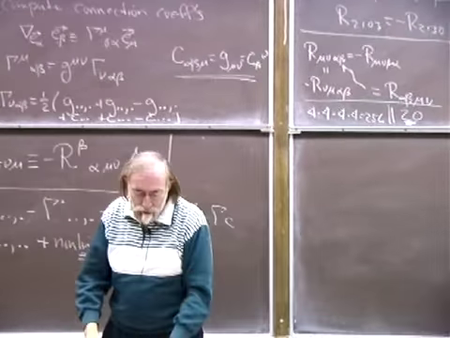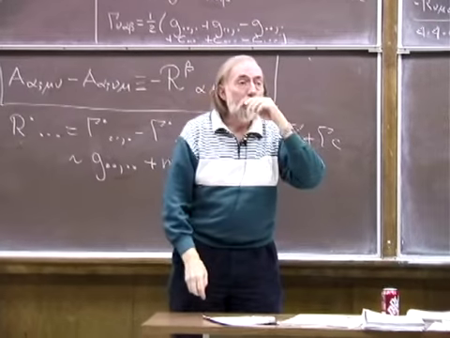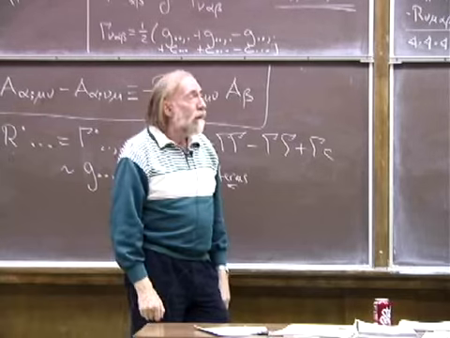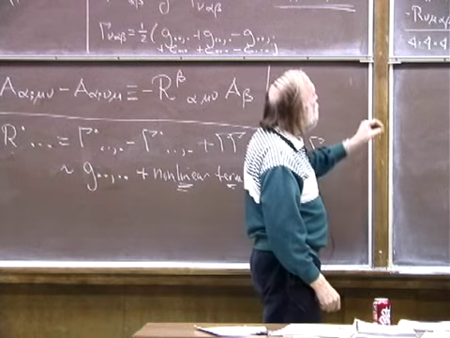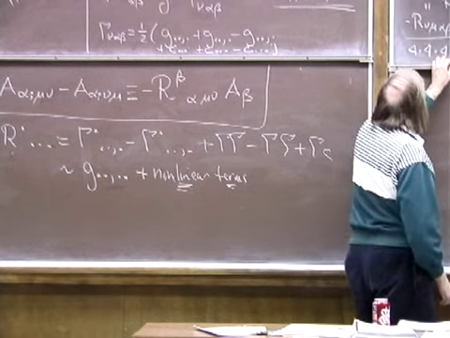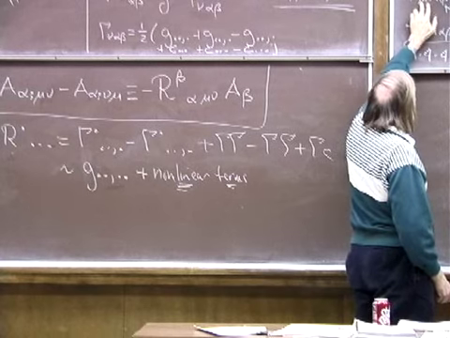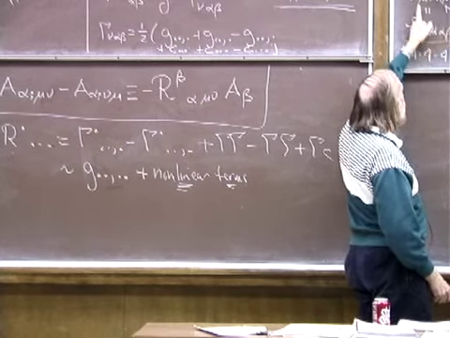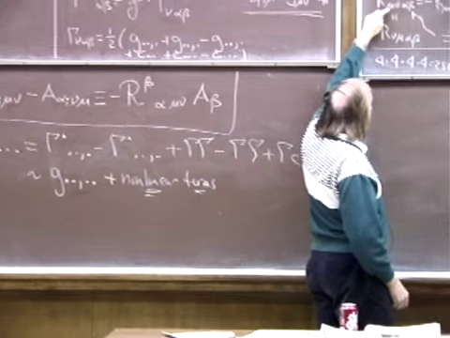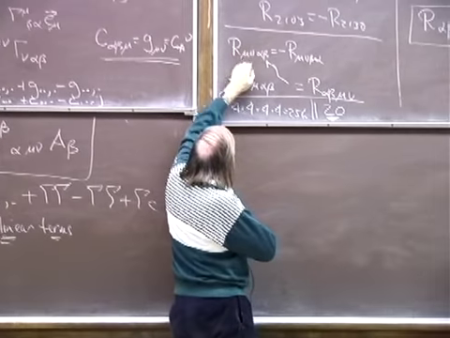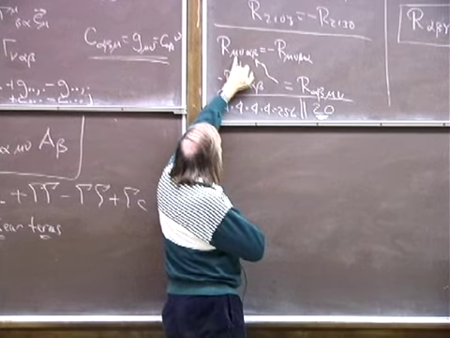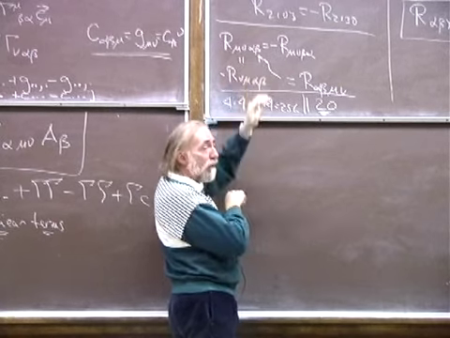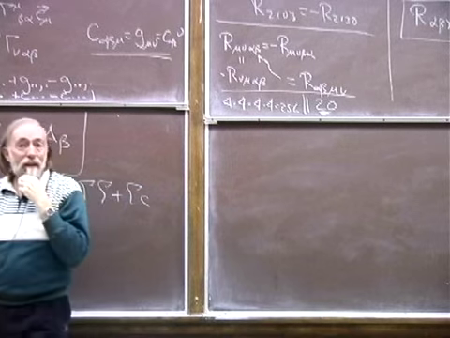Okay, any questions? Yes? Is the antisymmetry expected to hold in pairs, or can you, for example, flip the mu and the beta? No, you have to flip the first two and you get antisymmetry. The last two you get antisymmetry. There is no symmetry at all connected with anything where you take one from the first pair and one from the second pair and try to interchange them. There's no symmetries at all there.